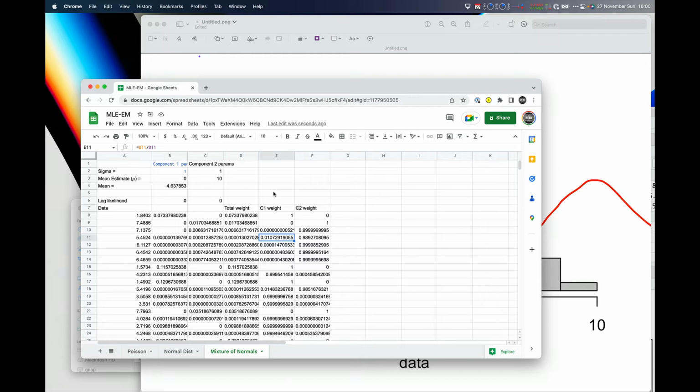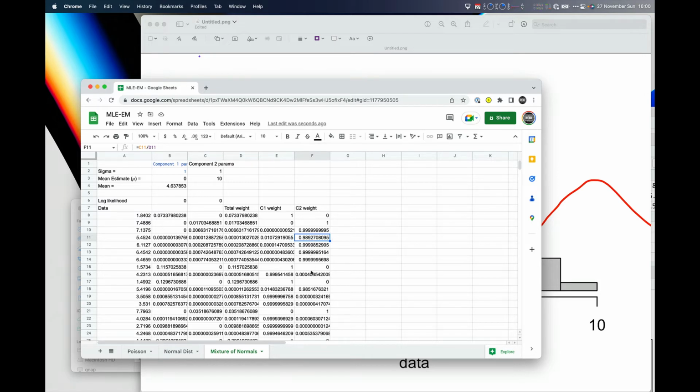So this is what's called the expectation step. I'm finding the expectation of each point, right? So the expectation here is that this point belongs to the C2 component, and so on